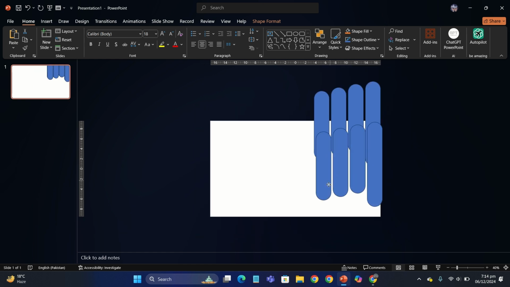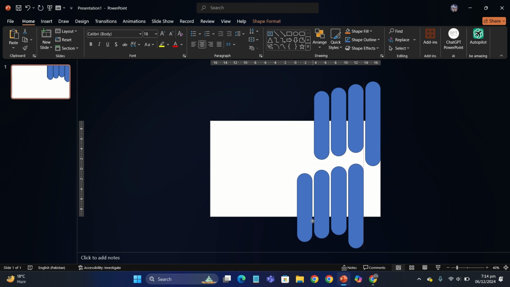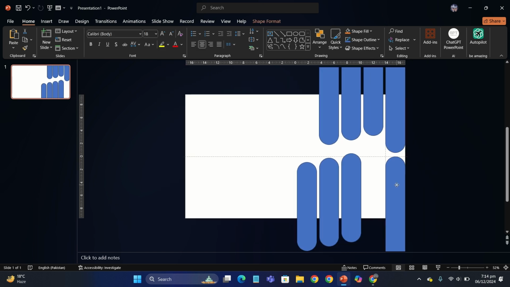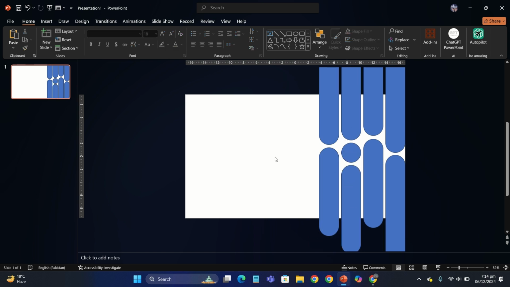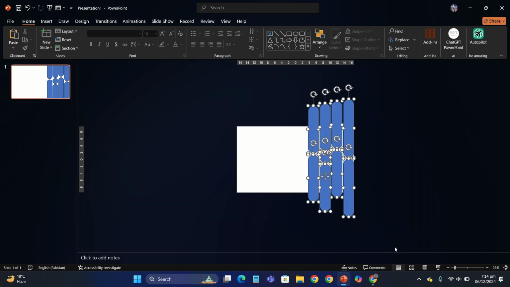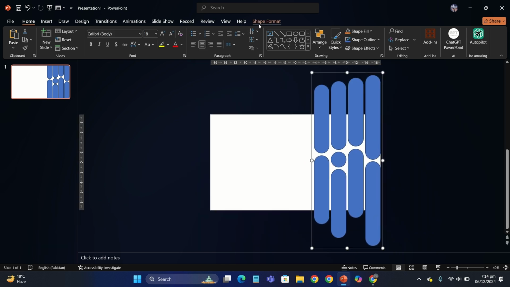So let's duplicate them again and put them right below these, and we'll just adjust our shapes something like this. But for this third shape, let's just make it rounder like a circle and duplicate this shape and put it right here like this. The next thing I'm going to do is select all of them and group them by